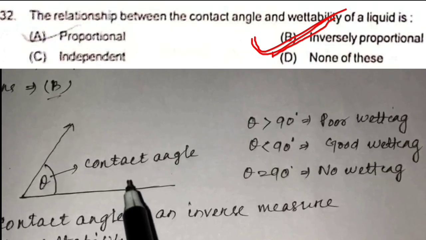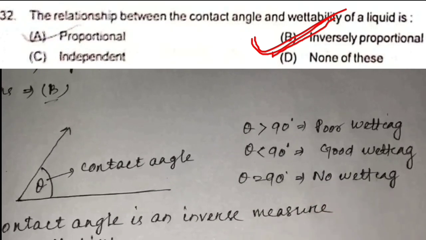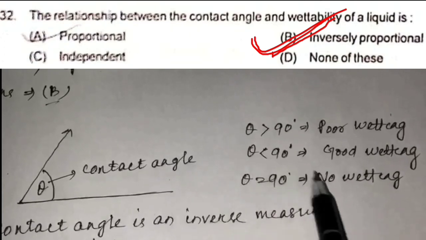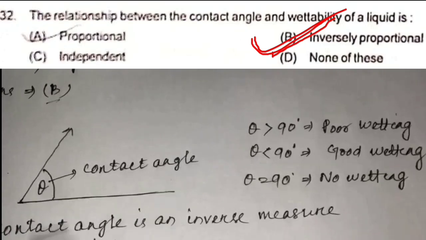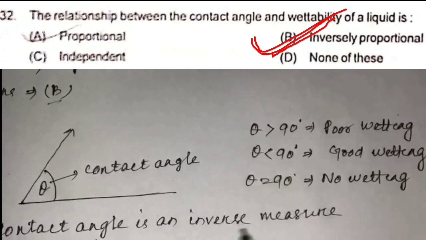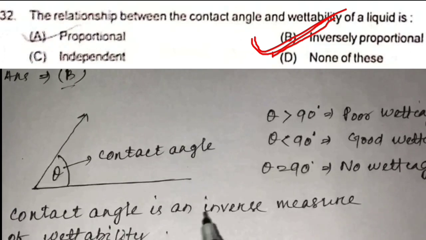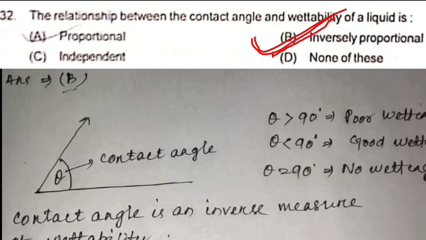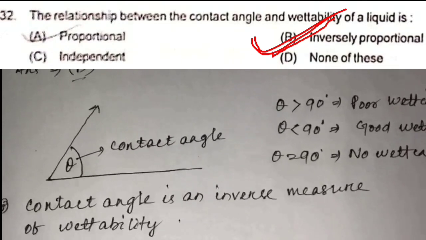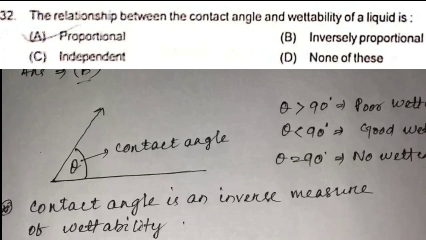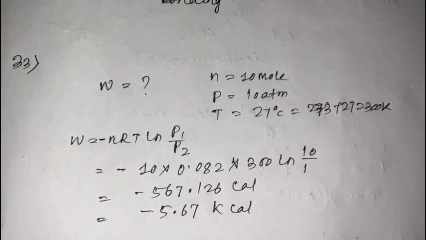If theta is greater than 90, it shows poor wetting. If theta is less than 90, it shows good wetting. If theta is 90 degrees, it shows no wetting at all. Hence, the contact angle is an inverse measure of wettability. So for this question, your correct answer is